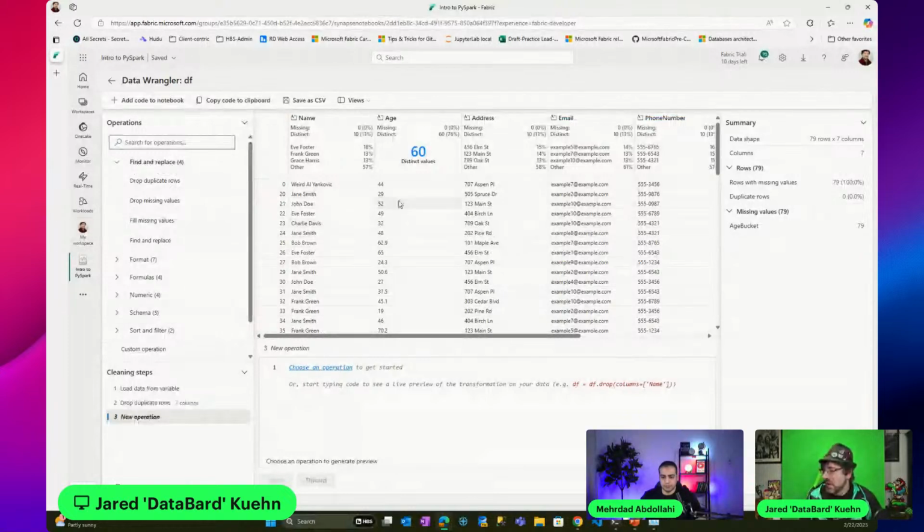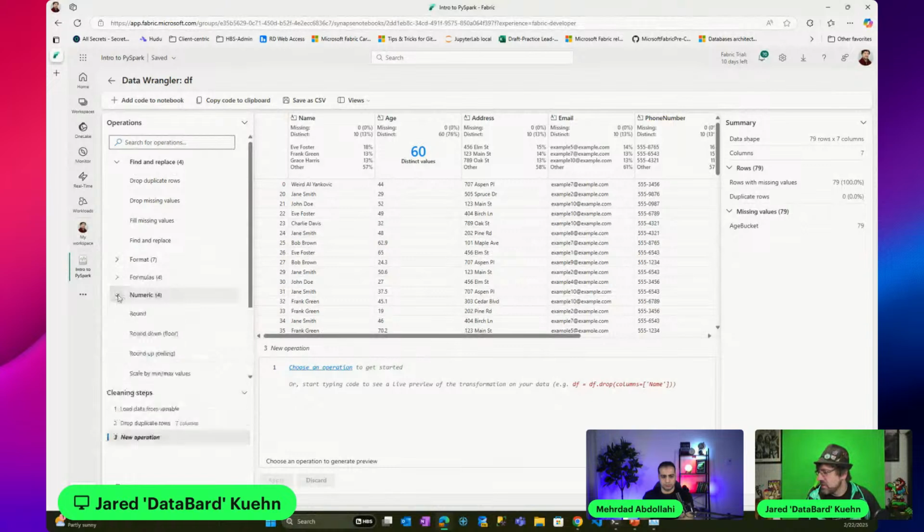Another example here would be something like age. Look at this. The ages are decimals. Are people usually identifying their age in terms of decimals? I don't think so. That doesn't look right. And also, I get the feeling this is done via text, or that it's identified itself as a text field. So I need to do more with this.